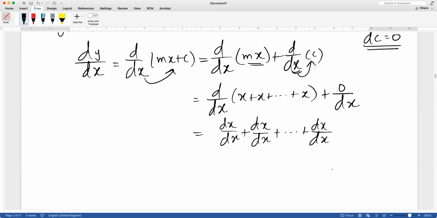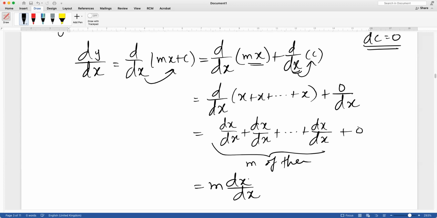Then this whole thing will be plus 0. Is it okay? This becomes... Yes, sir. And when we count how many of them, this is m of them. Is that okay? So the repeated addition of the same quantity can be written as a m dx by dx. Is it okay? So that will go 1 to 1. The answer is a m. That is the reason whenever we differentiate some constant multiplied by the differentiating variable itself, we